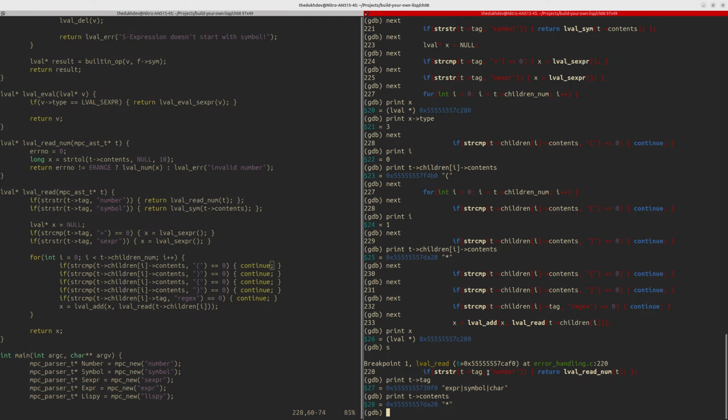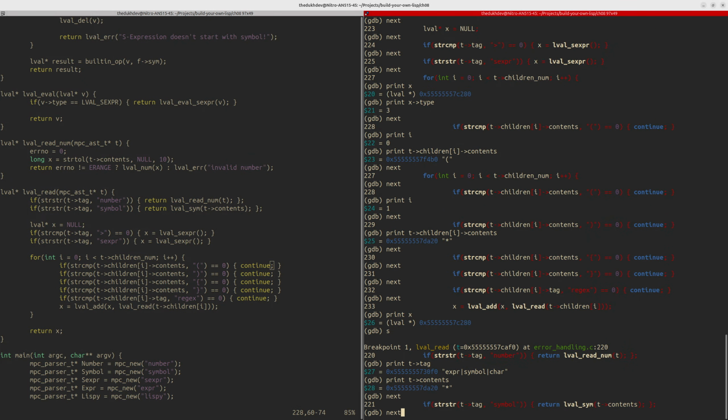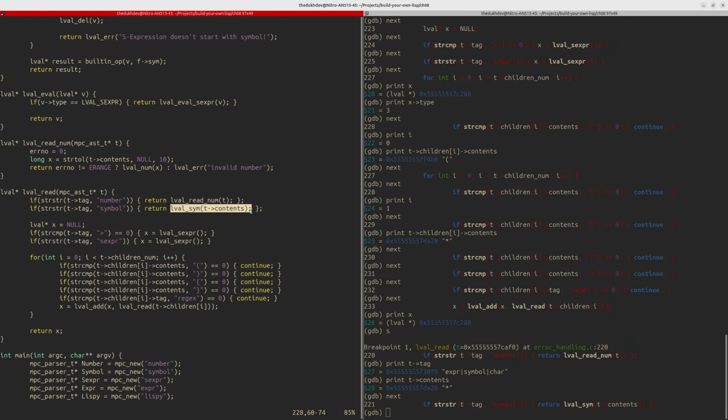Right? Right. It's a symbol, is it? It's the symbol. Yeah, it is a symbol. So basically, nothing happens. You'll just create a new